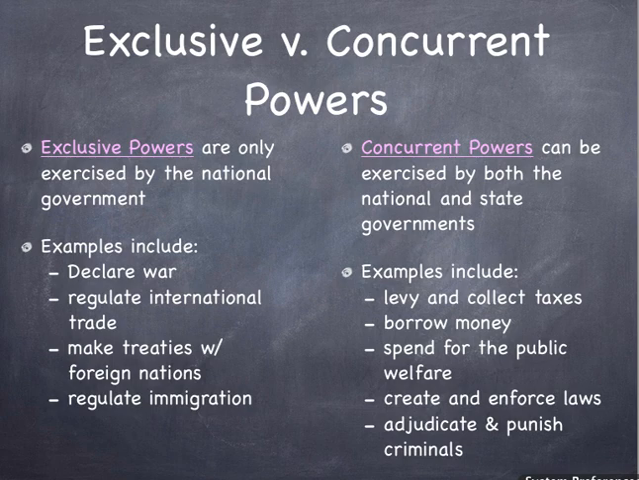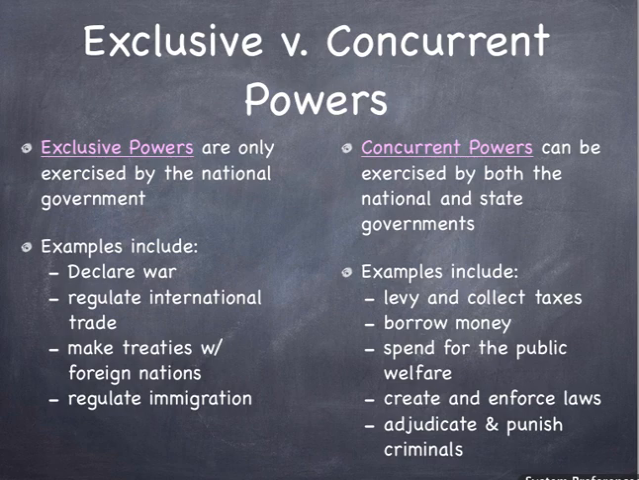Now, one of the things that we talk about are exclusive versus concurrent powers. Exclusive powers are those powers that are exercised by the national government, and only by the national government. Examples include to declare war, regulate international trade, make treaties with foreign nations, regulate immigration, deport illegal aliens, those things that only the national government can do that affect the entire nation as a whole in some way, shape, or